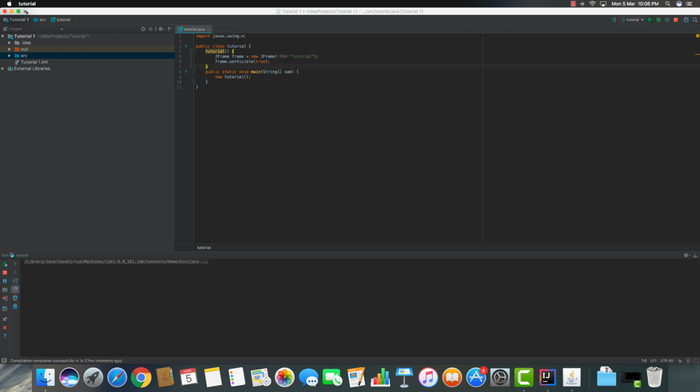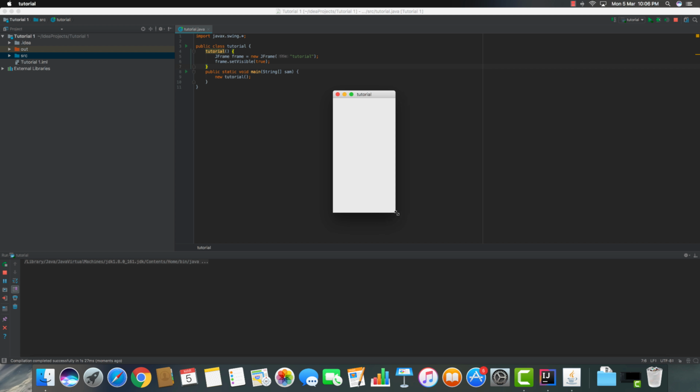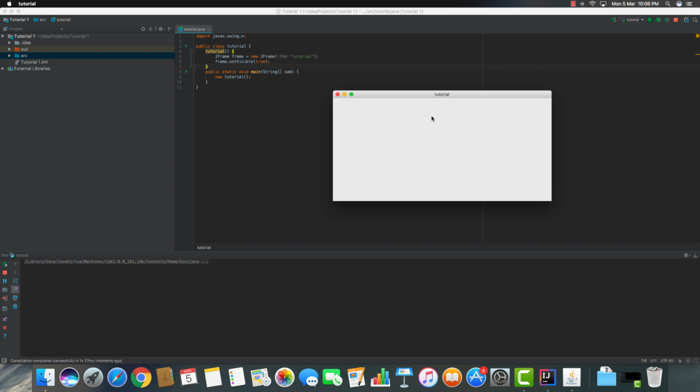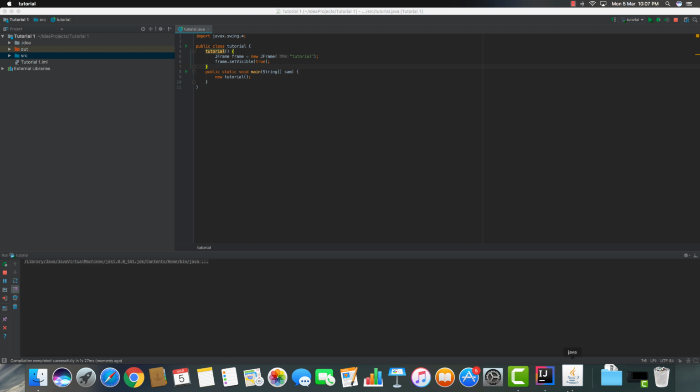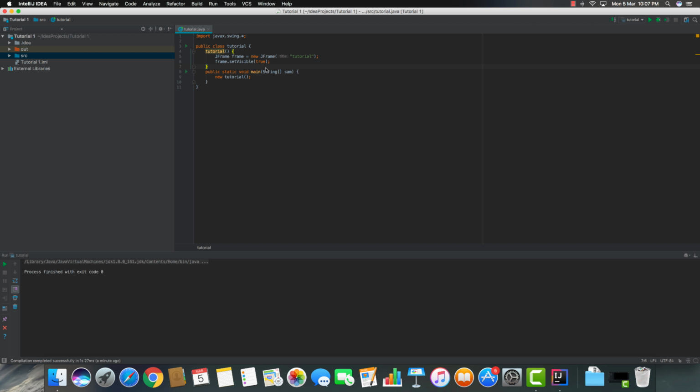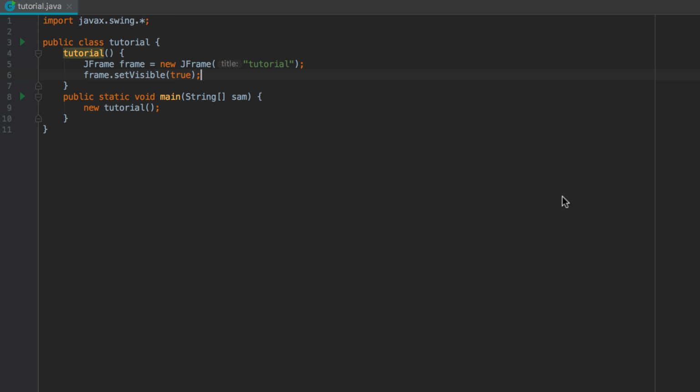As you can see, this tiny window appears. We can resize it to whatever we want, and it has its title as tutorial. If you observe, when you close this window, it's just set visible to false, but it is still stored in the RAM. If you want to delete it from the RAM, programmatically, so that whenever we hit the close button it closes itself and frees the RAM,